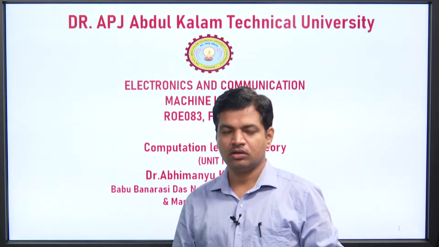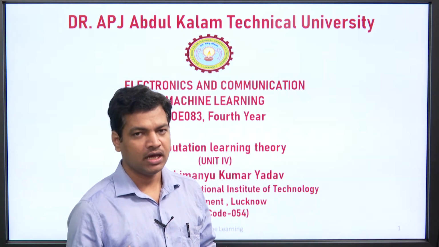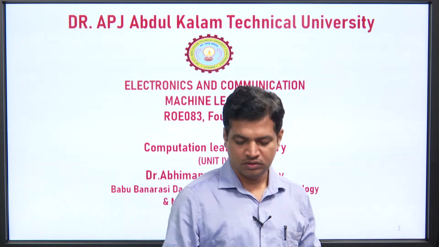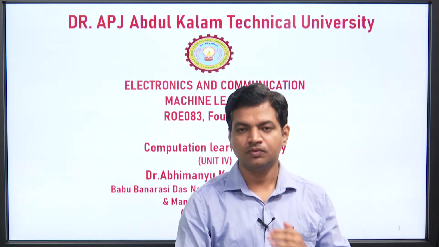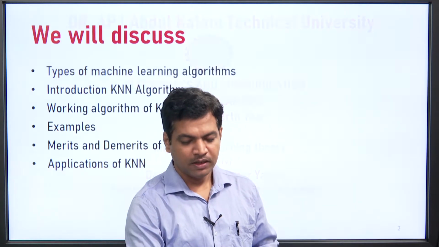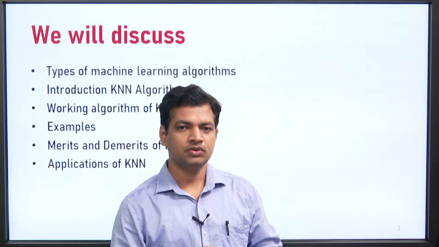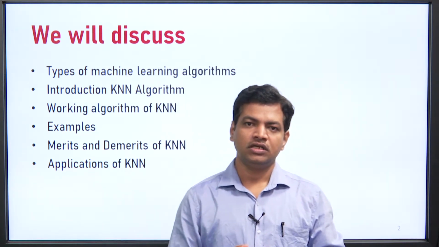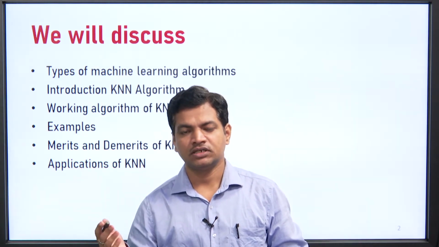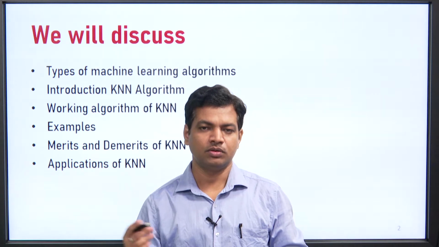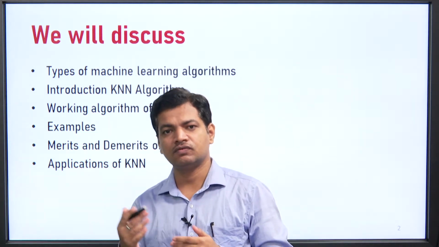So, KNN algorithm, what is a KNN algorithm? The full form of KNN is K nearest neighbor. So, K stands for some integer value, we will see that, but basically the KNN algorithm is the simplest algorithm which is used in finding solutions to problems related to classification or regression. So, basically we need to understand what is classification and what is regression.